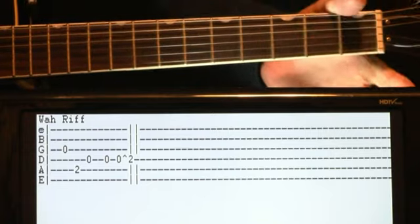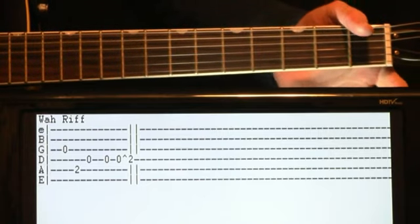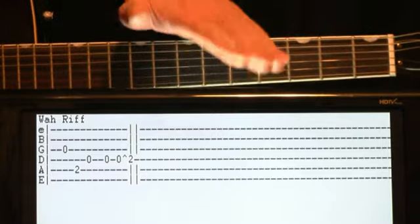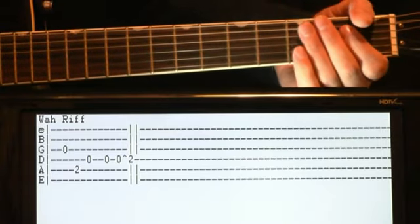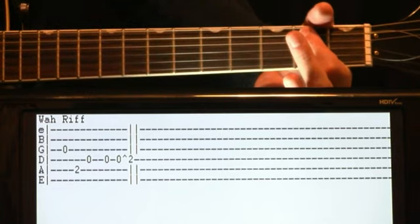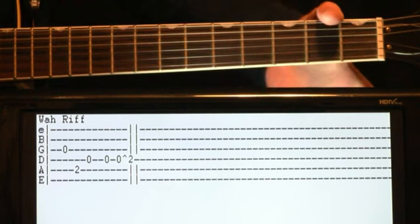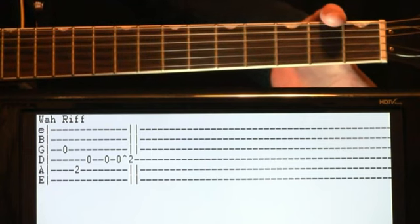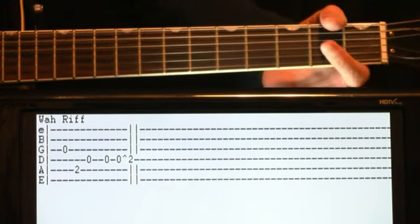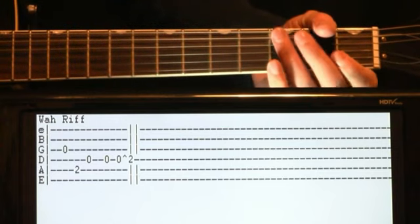Okay, so we're just going to do a quick, short, open G. Okay, and pretty much every note you want to just do a dip on that wah. Alright. And then we do 2 on the A. Open D. Cut it, and then do one more. And then do a hammer-on from open D to second. Okay, so it'd be something like...